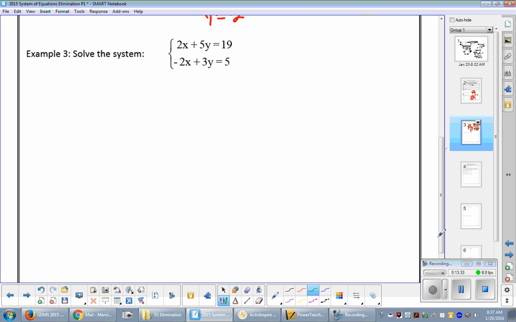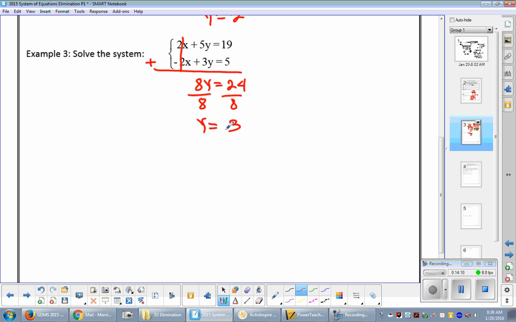So how are we going to eliminate our x? Add. Very good. So we are going to add the two equations. The purpose for this is for us to eliminate our x. So what's 2x plus negative 2x? That will be 0. We can just cancel this one out. What's 5y plus 3y? That's 8y. And then 19 plus 5 will give us 24. And then divide by 8. We'll get y equals